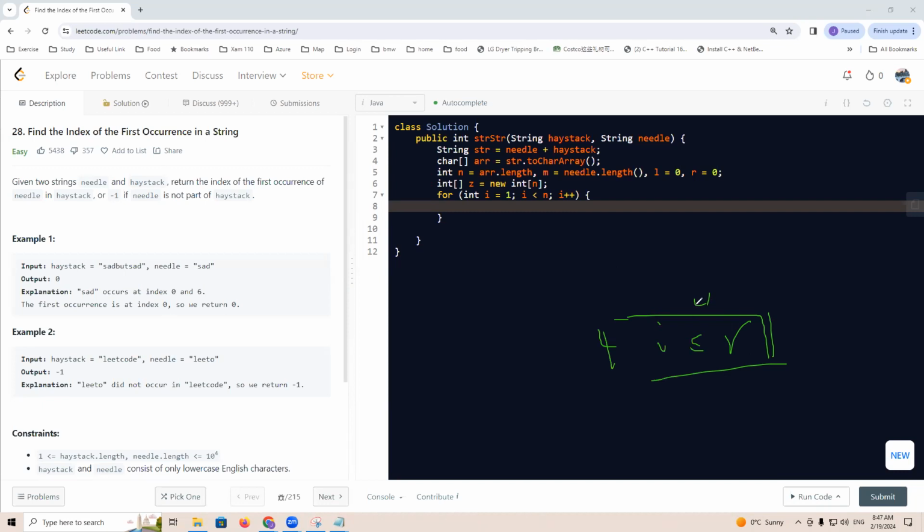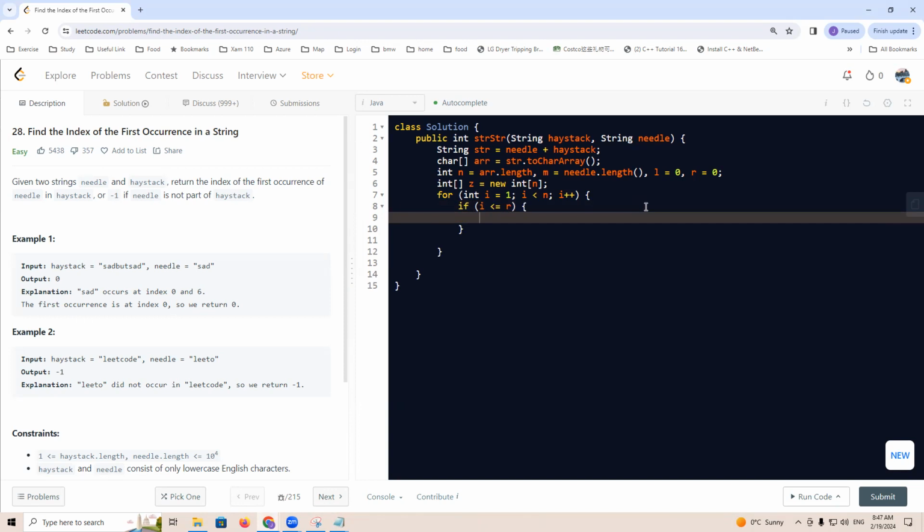In that case, we can extend Zi, the length, from this i to right. So if i smaller or equal to right, Zi equals